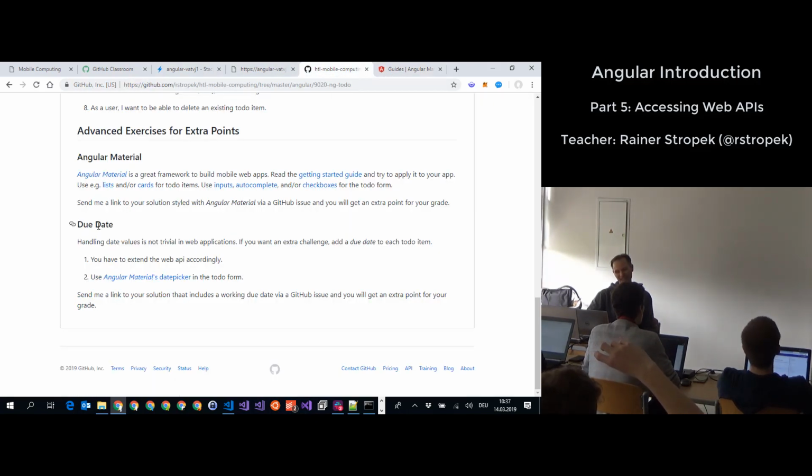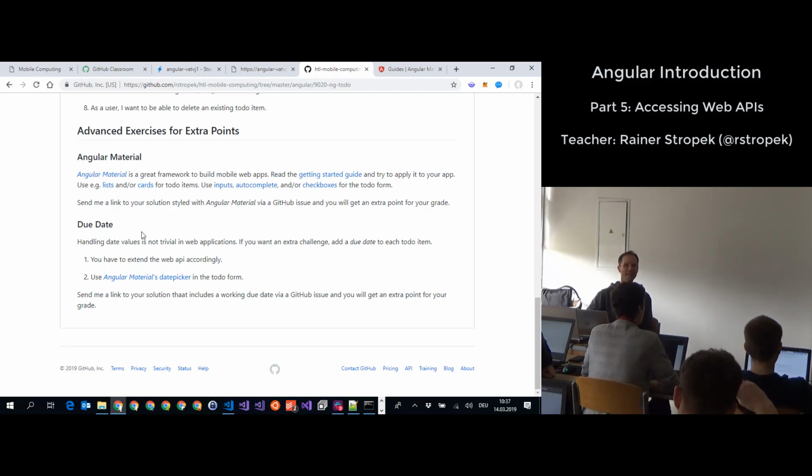The last one is a little bit tricky. I admit that. I would like you to add a due date, Fälligkeitsdatum. You have a question? Is it possible to install Angular Material and do this? I think so. I don't see a reason why not. You have to try it. I never tried it before. But please,